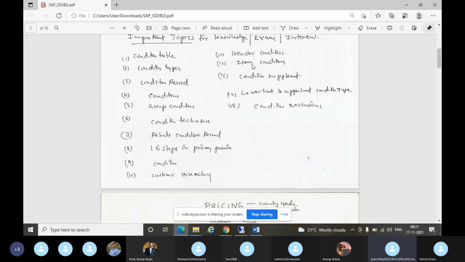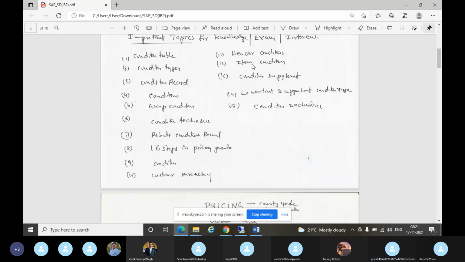Item conditions are present in the item data, as you know already. When you double click the material number and go to the condition type, you will maintain the pricing elements. For that customer, for that material, for that quantity only, it is going to be calculated. Then only you can see the pricing values. That is because of the access sequence. So that is why item conditions will have an access sequence. The item condition types are PR00, K07, KF00, MWST. Like this you have to tell.